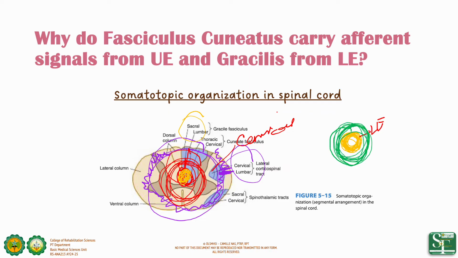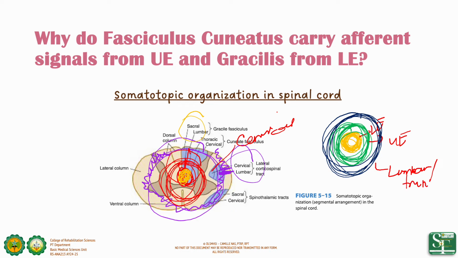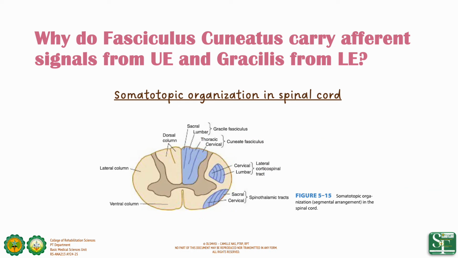Okay, so ito ay upper extremity. And then, we have lumbar na for the last one. Okay, yung pinaka nasa outer periphery is for the trunk, no, or the lumbar or trunk segment ng body. And that's why, pagdating kay fasciculus gracilis, which is found on the medial side ng tract, diba,